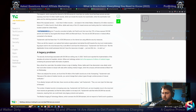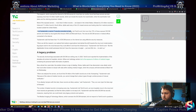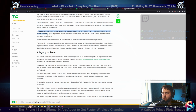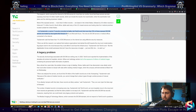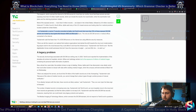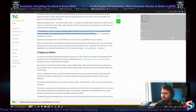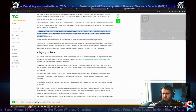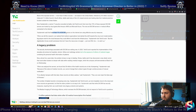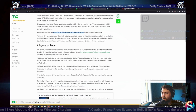Sina Yazdmir, a senior IT security consultant with Aplite, told TechCrunch that more than 70% of these exposed DICOM servers are hosted by cloud providers like Amazon AWS and Microsoft Azure. The rest are DICOM servers in medical offices connected to the internet. Yazdmir said that fewer than 1% of DICOM servers on the internet are using effective